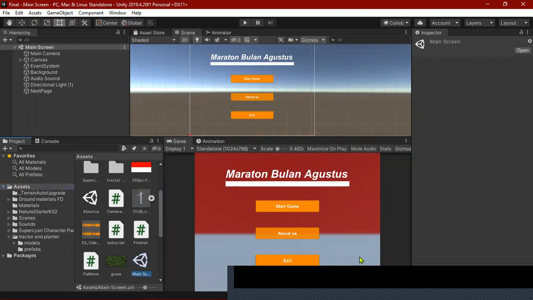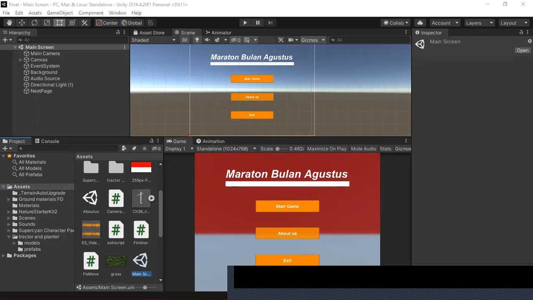This is a bit of a problem, but it happens only in the Unity development window. If we export the project into a Unity game,